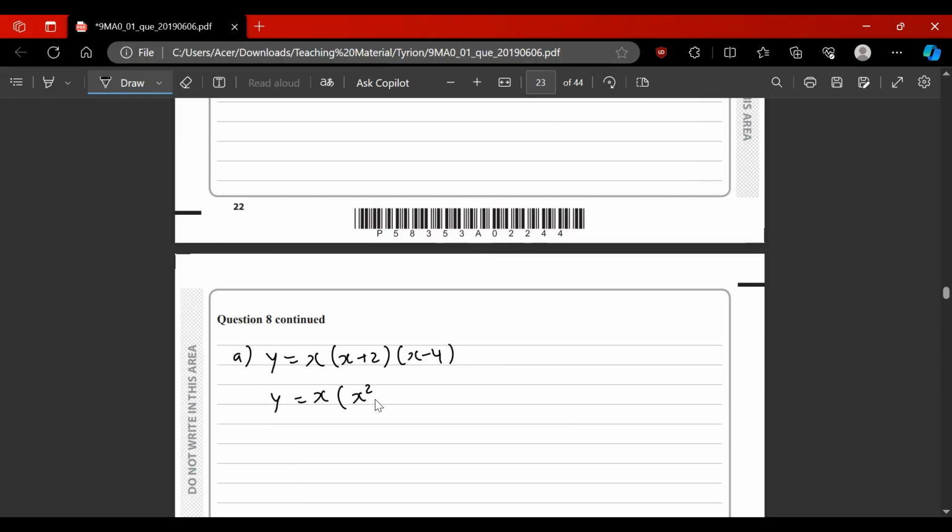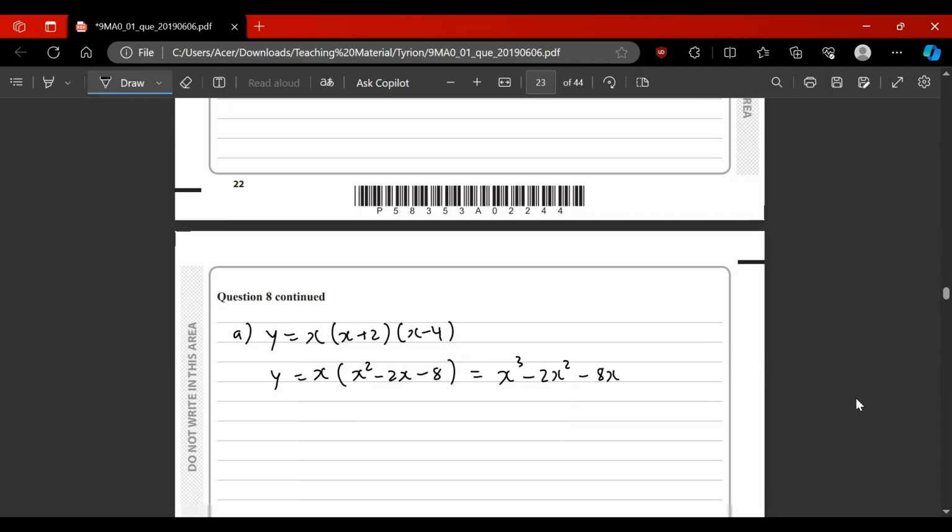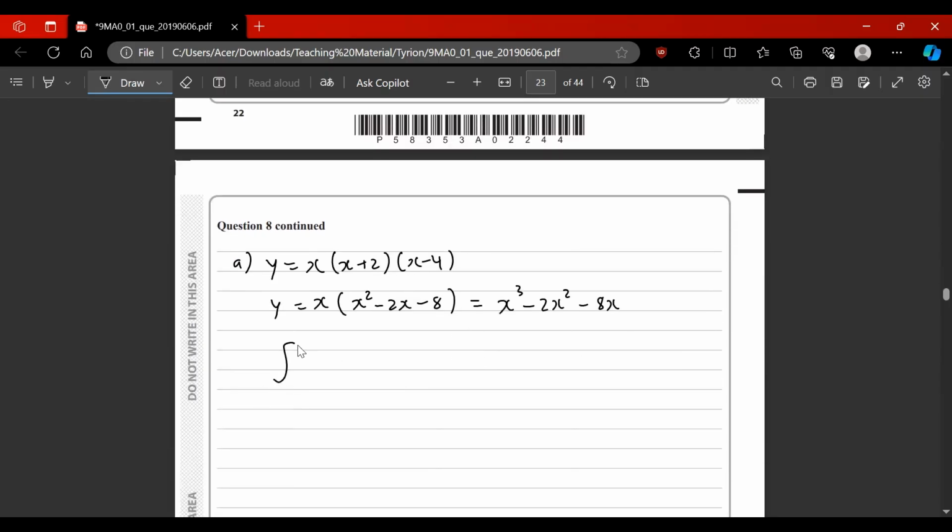You get x squared minus 2x, and then we have minus 8. Once you expand this one more time, we will get x cubed minus 2x squared minus 8x. So this is what we're supposed to integrate. Integrate from 0 to -2. Remember, these are the intercepting points for the region R1. So R1 is equal to the integral from 0 to -2 of x cubed minus 2x squared minus 8x